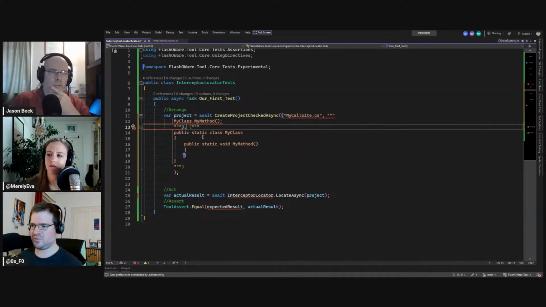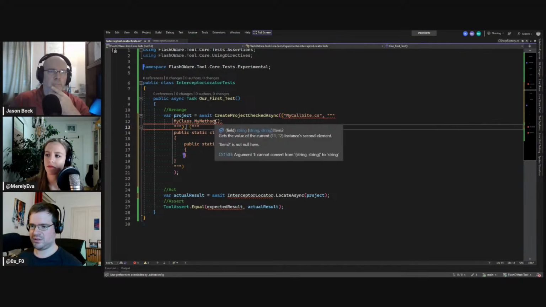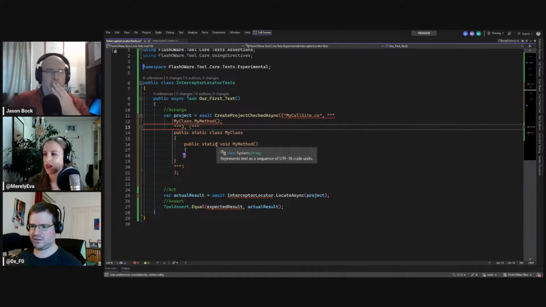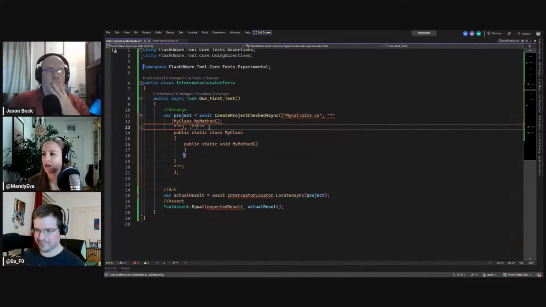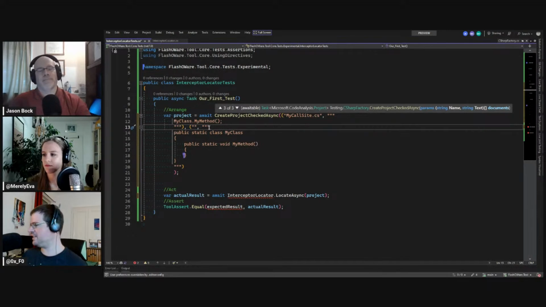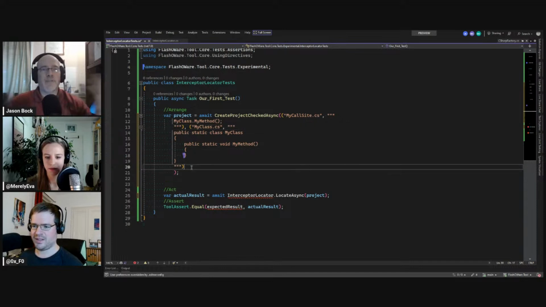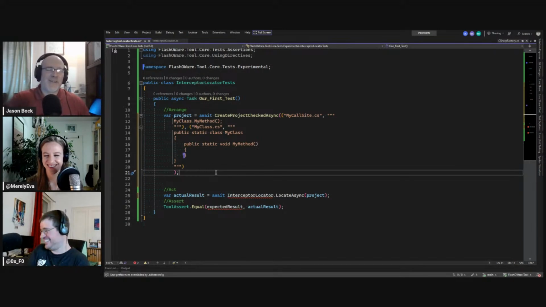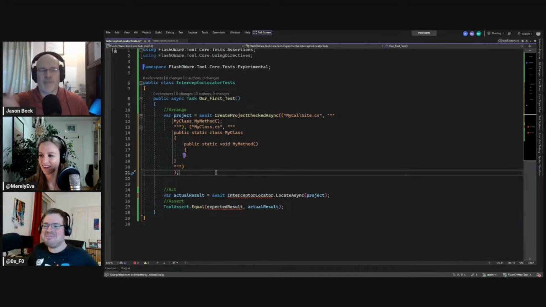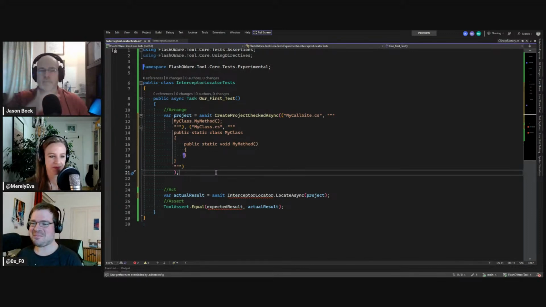What are we doing wrong? You need a name here. Oh, with the second one. Right. There. So this will be the my class.cs. Nice. It's amazing when you do it right that you get all the red squiggles going away. It took me a second though to realize, because all this stuff is stuff that you've built, and I was like, what is it that you're actually passing in? And then when you finally showed it's a tuple of name and then the code, I was like, okay, all right, now it makes sense.